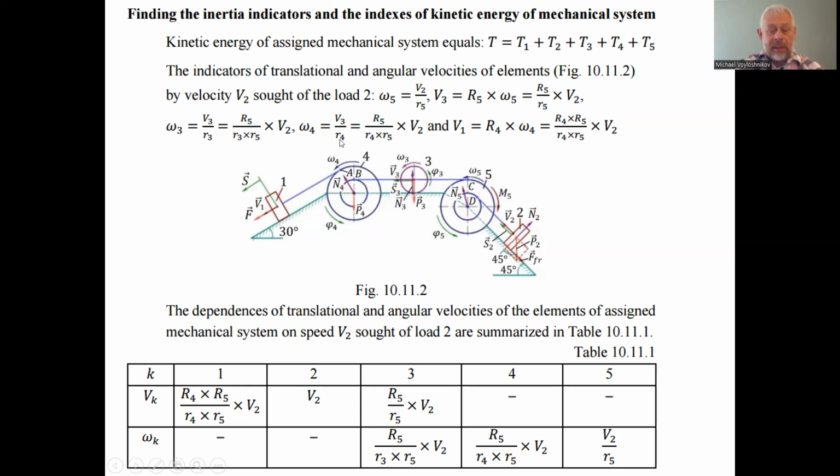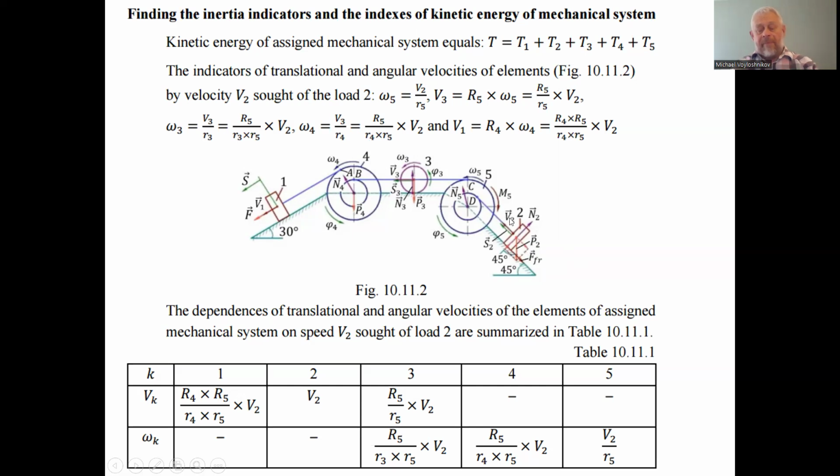After a definition, considering here the translational velocity V3 as we got it before, we substitute, and we can find that the angular velocity of the stepped pulley 4 equals the ratio of R5, the outer radius, divided by the two lowercase r's, the internal radii of the pulley 4 and the pulley 5, multiplied by the velocity of the